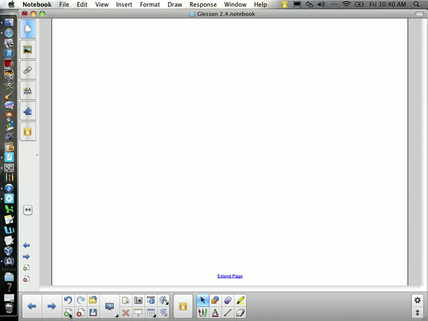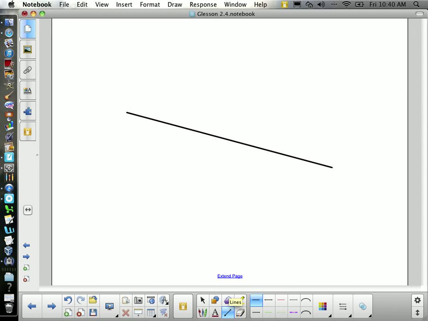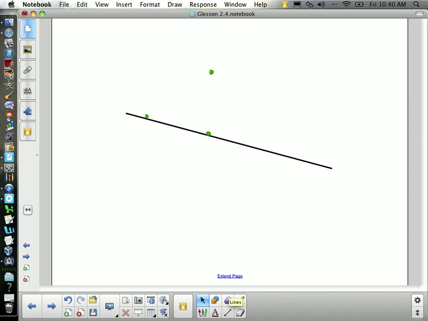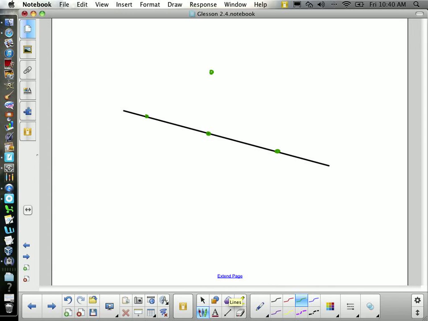What if I had, here's a line, so I can make collinear points nicely. If I have 3 non-collinear points, there's only 1 plane I could put through that, right? That's what our postulate says. I could only make 1 plane that encompasses them. But if I have 3 collinear points, like that,